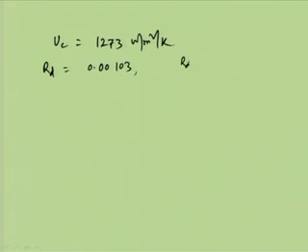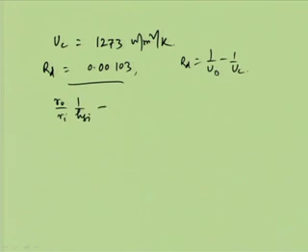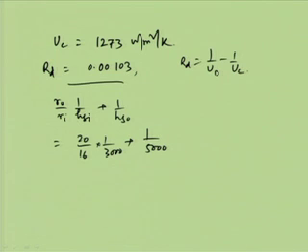0.00103. This we have got from RD is equal to 1 by UD minus 1 by UC. So, this value is the RD, and if we see the calculations for brackish water and methanol, say RO by RI into 1 by HSI plus 1 by HSO, this is for brackish water and this is for methanol, and these values are 20 by 16 into 1 by 3000 plus 1 by 5000. These are the literature values of film coefficients, for brackish water 3000 watt per meter square per Kelvin, and 5000 watt per meter square per Kelvin.